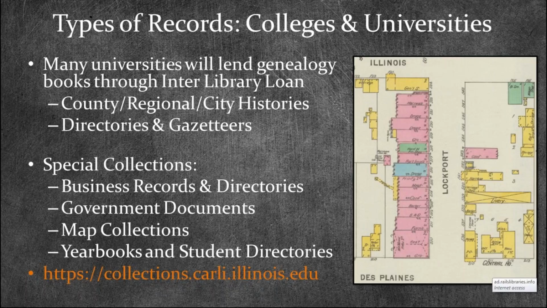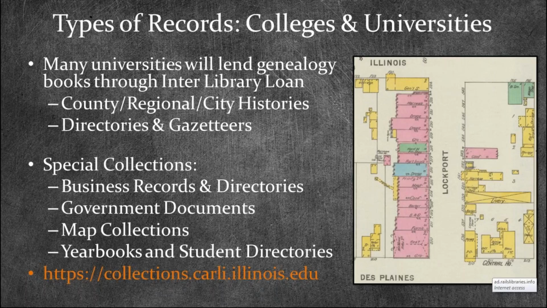So a lot of colleges and universities are research libraries. They are not genealogy libraries. So what that means for us is if I need the city directory from Albany, New York for 1845 and the University of Chicago library has it on the shelf, I can request it and have it sent over. Yes, it's a historic book, but the university isn't interested in genealogy, they're interested in research and history.